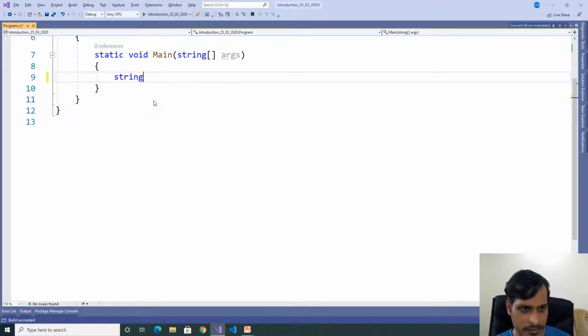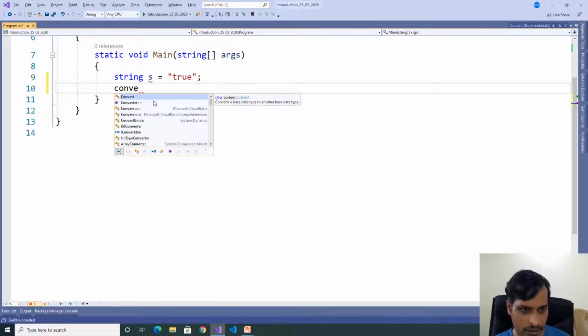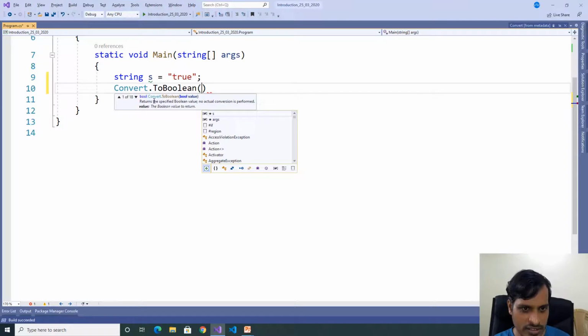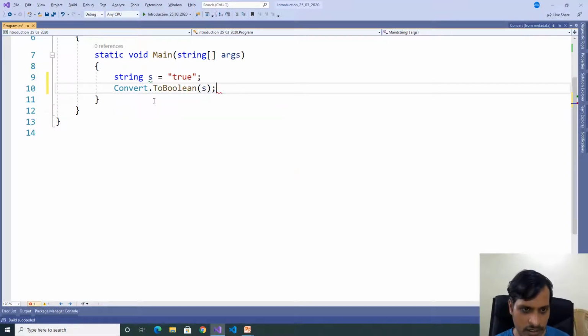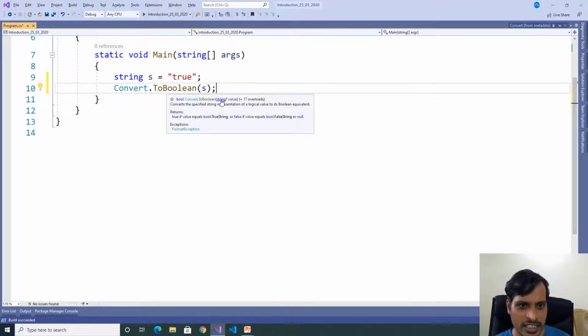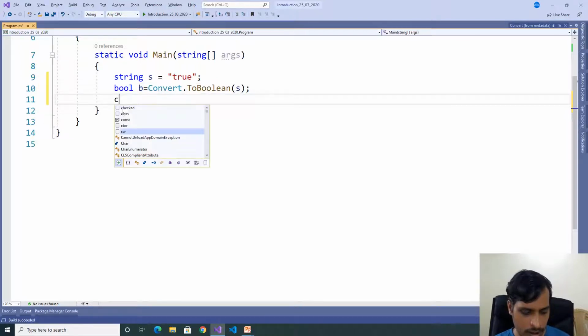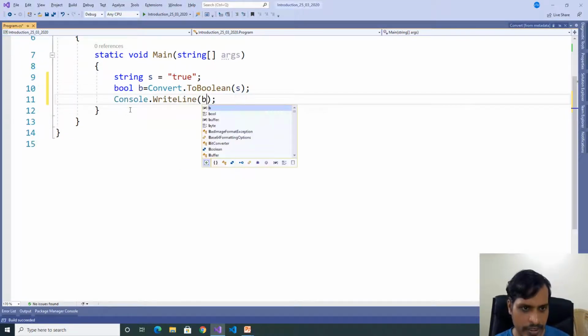We'll check the first one. Remove this code. string s equals, in double quotation, true. True is a boolean value. Here Convert.ToBoolean and pass the string value. So ToBoolean is taking a string value and returning bool. So store it in boolean b. Console.WriteLine b.